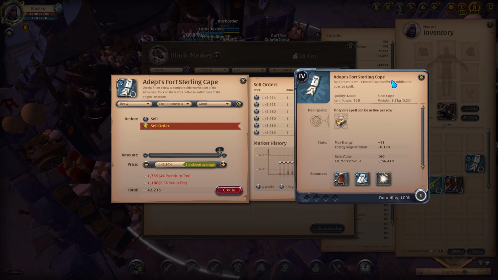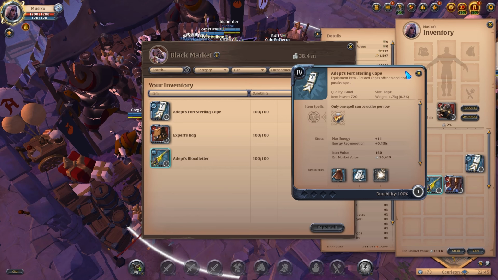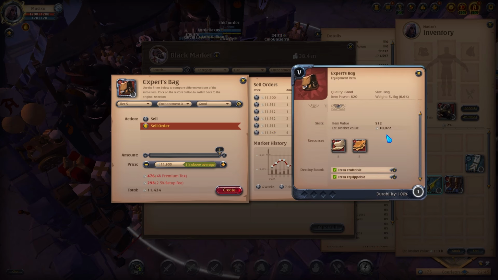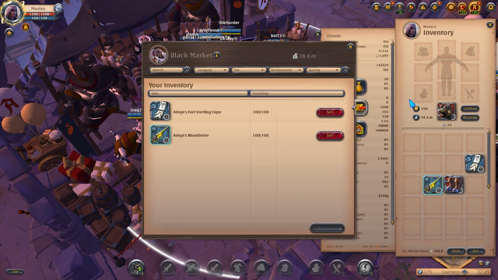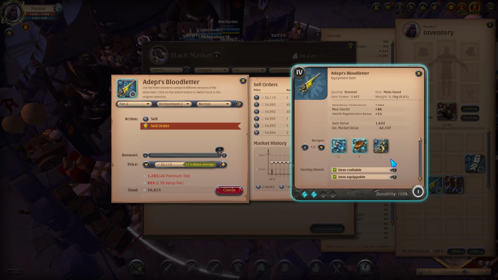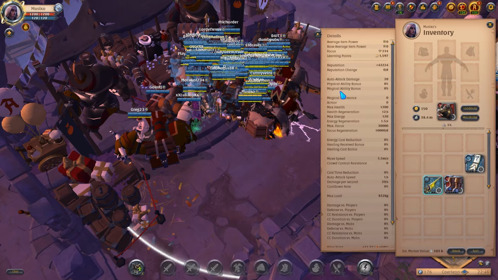however, it's not really selling. As you can see, I just checked it. The Fort Sterling cape is selling at a much lower price at the black market, so what I'm gonna do is keep it. The bag is selling for a good price, I'm selling that. And the blood letter is selling, oh no, okay, the black blood letter is not selling good at the black market. So what I tend to do is hold on to those two items,